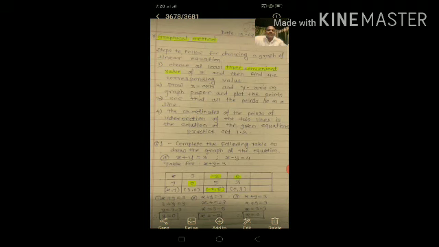Third, see that all the points lie on that line. Fourth and last, the coordinates of the point of intersection of the two lines are the solution of the given equations. This intersection point is the solution of the given equations. Now this will be solved directly, one by one, in the examples.